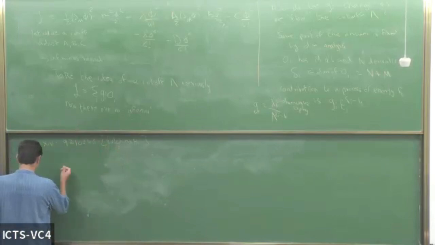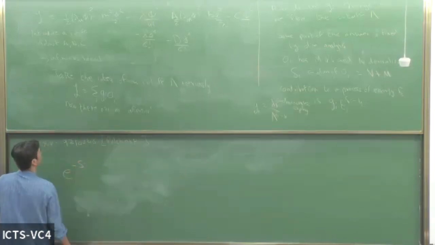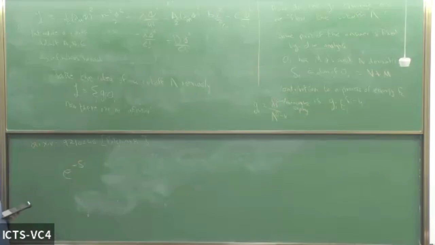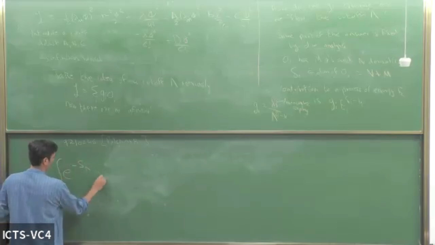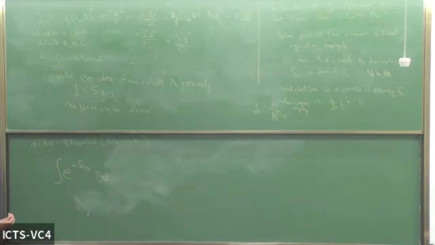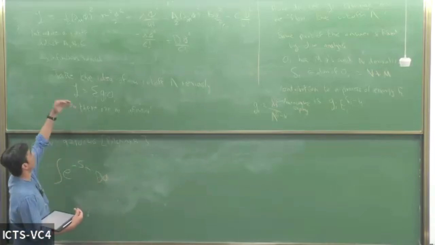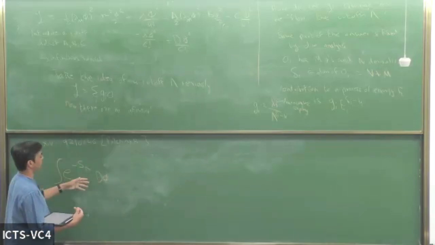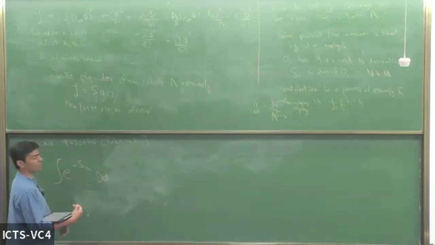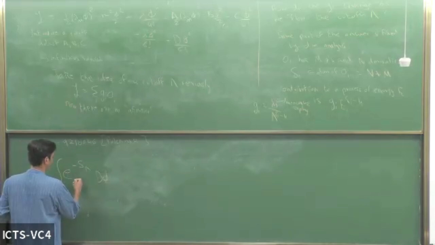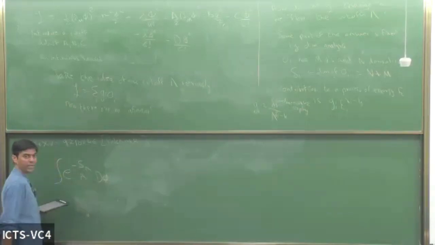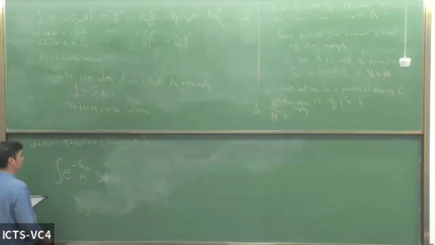You can imagine that you're doing some path integral, which we haven't discussed. But you can imagine that you're doing some path integral, and there's some path integral which depends on the cutoff. So right now we haven't discussed the path integral for field theory. Okay? But let me just say that there is some process where you integrate over fields, okay? And you can compute all correlation functions by computing some path integrals with some action, okay? And some insertions of some field operator. So say you're trying to compute some physical process, the expectation value of some operator A, then what you would do is you'd have to compute some path integral where you integrate over these fields phi.